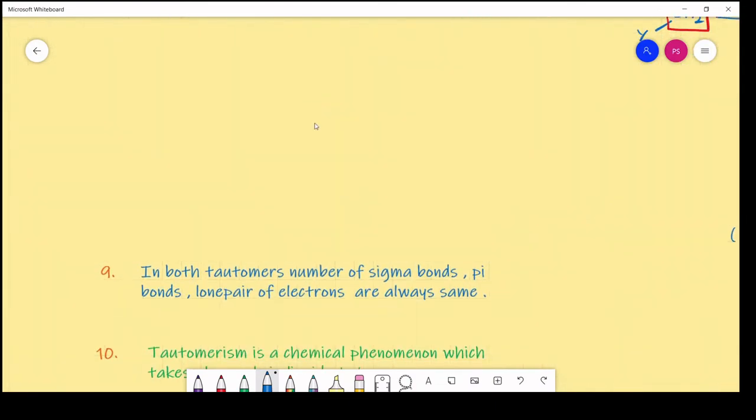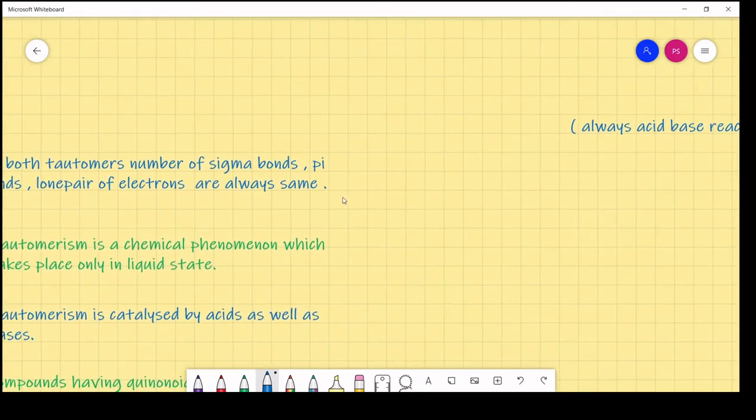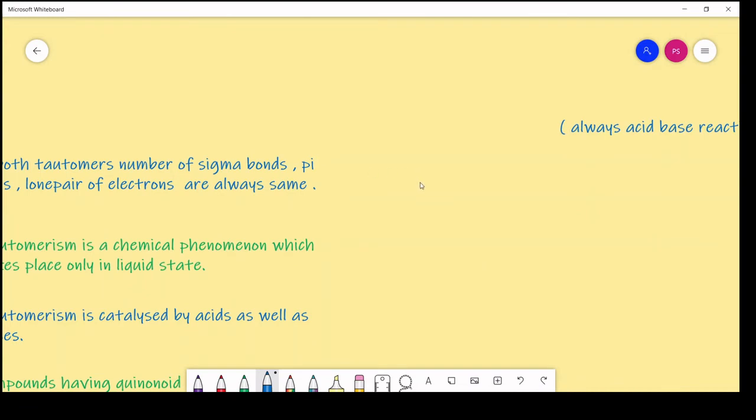Okay. And the next point is, in both tautomers, the number of sigma bonds, pi bonds, and lone pairs of electrons are always the same. Tautomers means the resulting compounds are called tautomers, right? So for example, let us take acetone, CH3, C double bond O, CH3. Here tautomerism means migration of an alpha hydrogen. See here, this alpha hydrogen is shifting from carbon to oxygen. The pi bond is moving from here to here. The resulting compound is